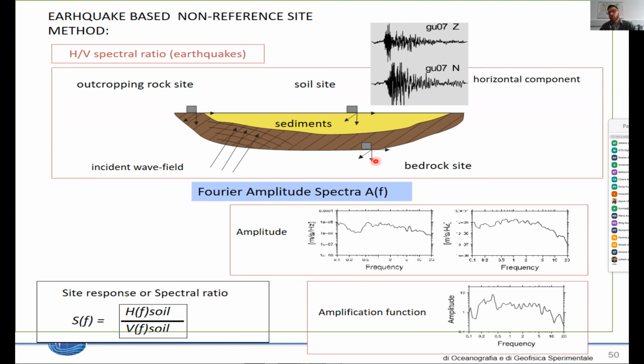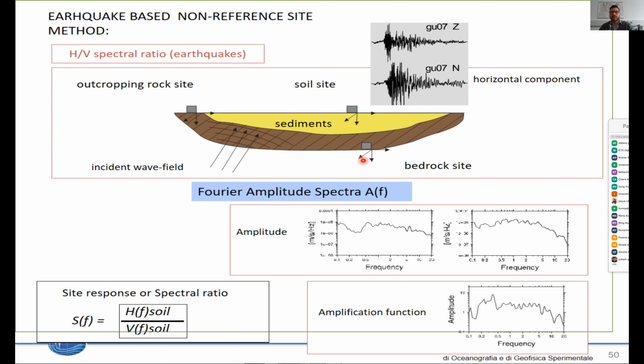If we compare the horizontal and vertical component recordings of the station in the underground, we will see that they have similar amplitude. So if I calculate the spectrum of the horizontal component and the spectrum of the vertical component, and then take the ratio, I would see that this is around 1. At least we know it from empirical measurements. So if I assume then that the vertical component of motion is not amplified from the propagation from the bottom to the top,